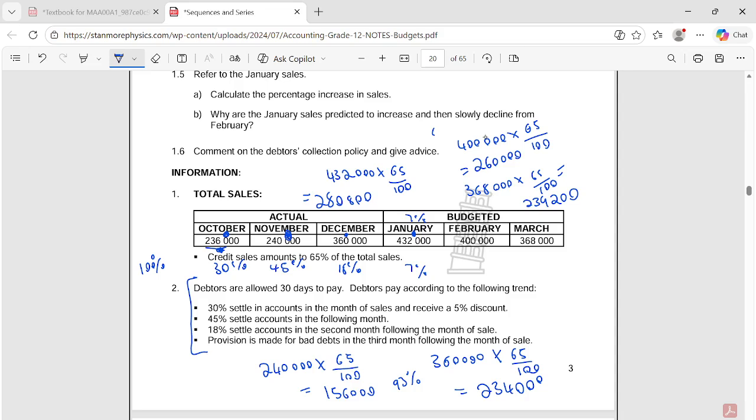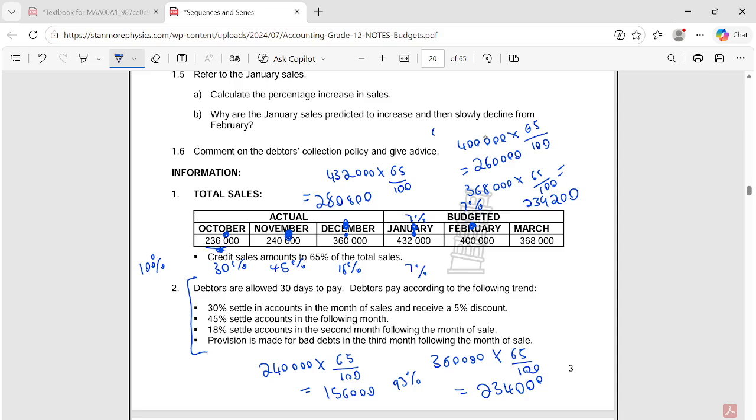Now we're going to collect on November in the month of sale, collect on December in the month following the month of sale, and collect on January in the month following that. And then on February we're having what? 7% bad debt, right? That's why I'm using these three amounts, because when I'm calculating them, I'm going to